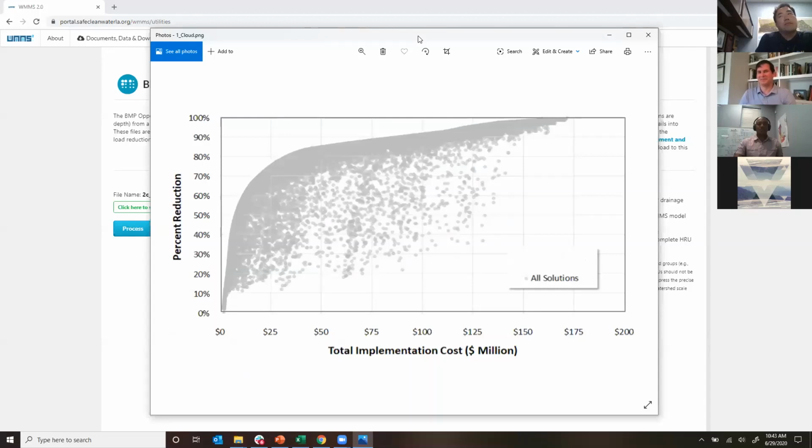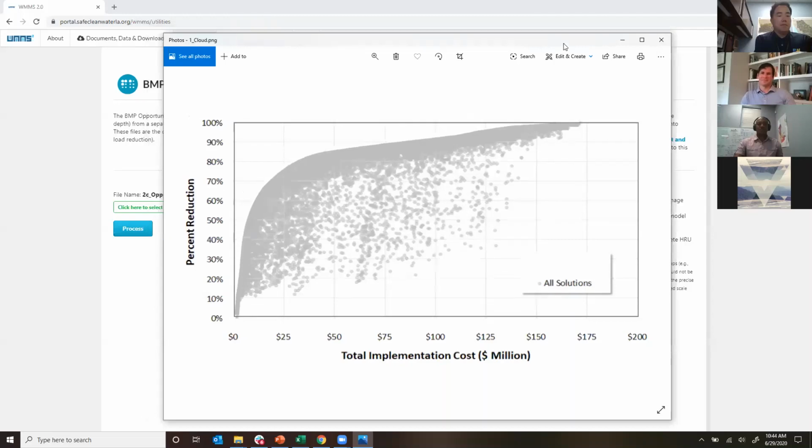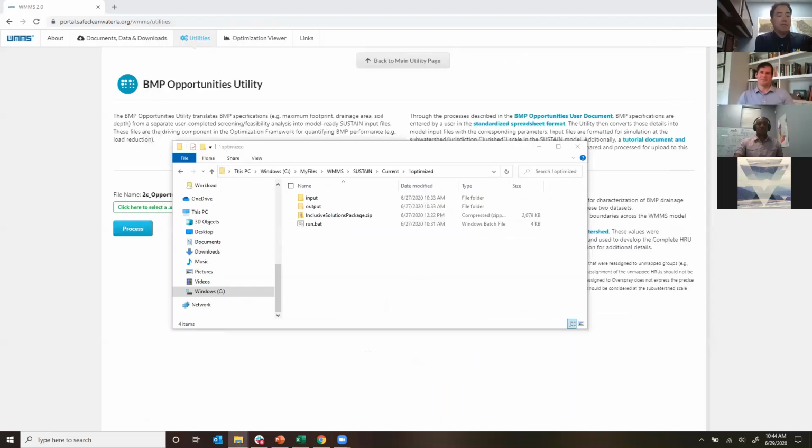The more BMPs you have, the nicer the cloud looks. When you have fewer BMPs, or BMPs whose performance behaves uniquely or strangely, sometimes the clouds look funny and they can actually take on step functions, and that's normal. So not every cloud is going to be as nice as this cloud. In fact, most clouds probably won't be. So a little bit of expectation setting there. So I want to build a cloud for each one of those